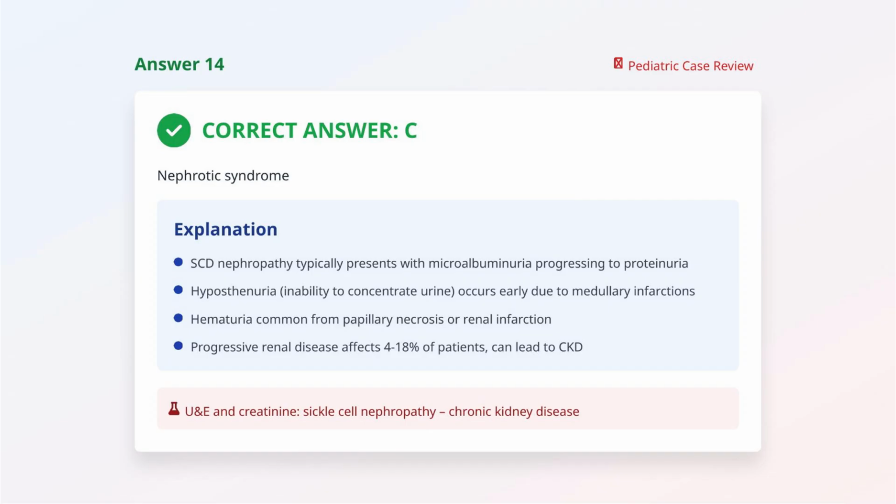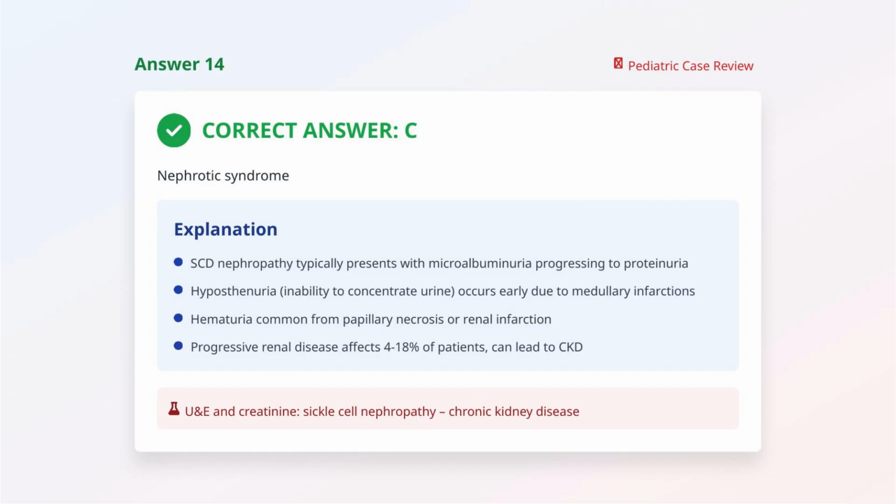Progressive renal disease affects 4 to 18% of patients and can lead to chronic kidney disease. While proteinuria occurs in sickle cell nephropathy, it rarely reaches nephrotic range levels. Renal function should be monitored regularly with urea and electrolytes and creatinine measurements to detect sickle cell nephropathy and chronic